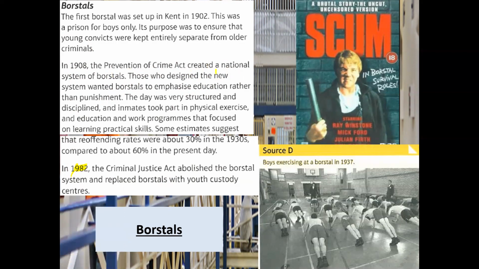Okay, so it's all about education rather than punishment, okay? The day was structured. It was kind of like a school. It was meant to be a prison school, a school prison, if you like, where young offenders could learn practical skills, all right? And hopefully try and lower the reoffending rates. Now,